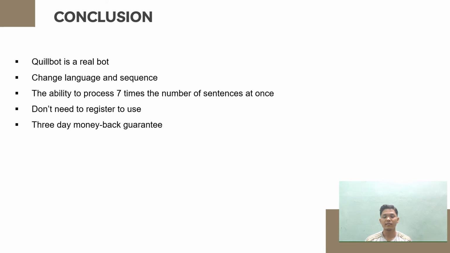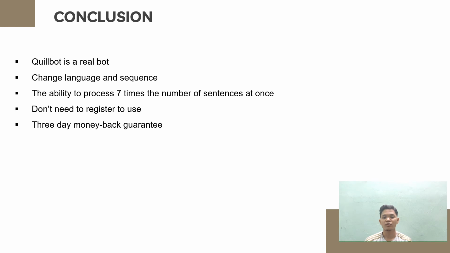Quillbot is a real bot, a true bot, Quillbot. Compared to Quillbot, other free plagiarism detectors are less reliable. It changes the language and sequence. To shield you from the Turnitin program, the statement, phrasing, and order are also changed. Quillbot is a word wall, with the ability to process 7 times the number of sentences at once. Among other things,